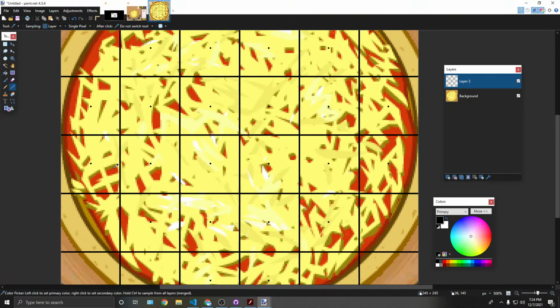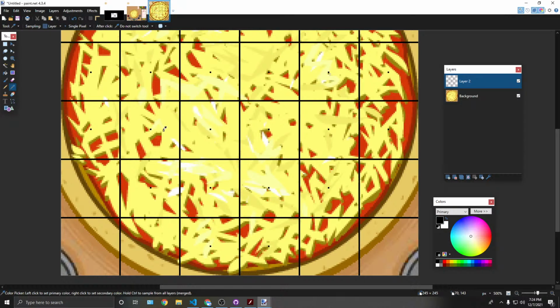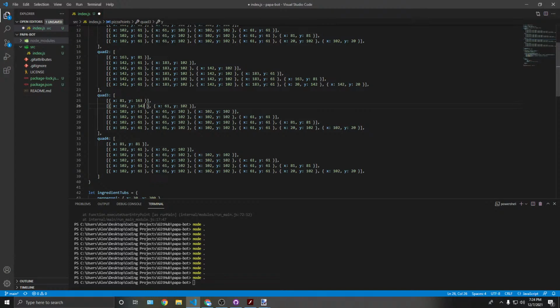I am now going to put in these 12 points. So this is the 2. So 61, 142. Well, it's just the y coordinates. So y, 142, 183. 142, 183. And so similarly there. This is probably going to be 142. And then this is going to be, if I put the points in correctly,